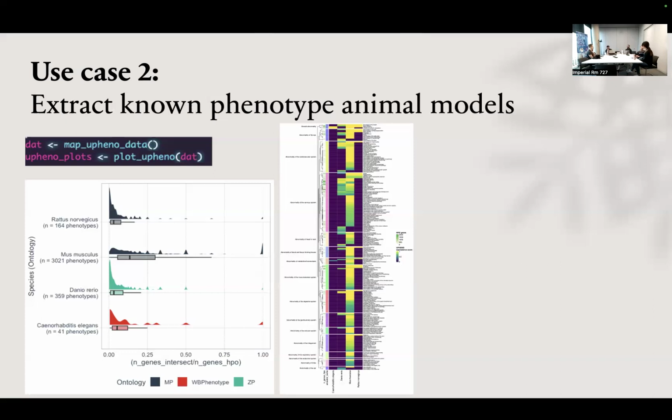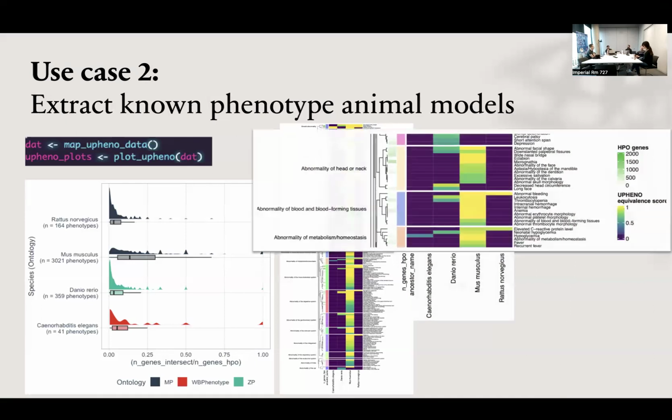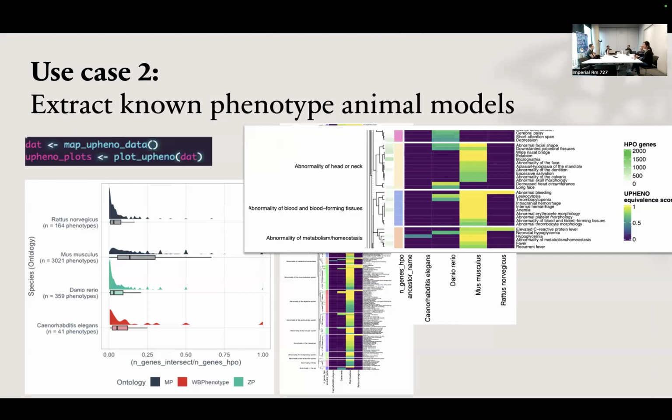where it pulls in all the relevant information, gets some existing similarity metrics just based on descriptions of phenotypes between the mouse and the human version, but then also computes another similarity metric based on the genetic similarity. And so you can merge those together and have what I'm calling a U-pheno equivalence score, where it's kind of the mix of how similar are the phenotypes and how similar are the genes underlying those phenotypes across the two